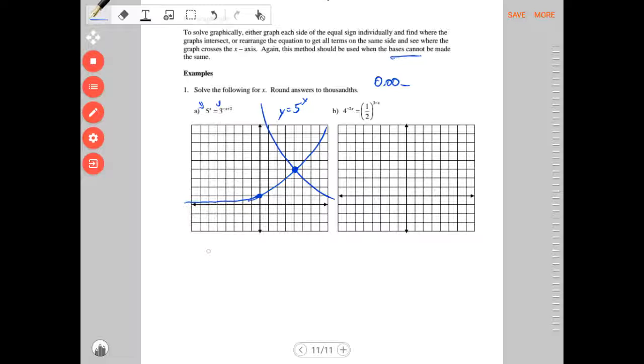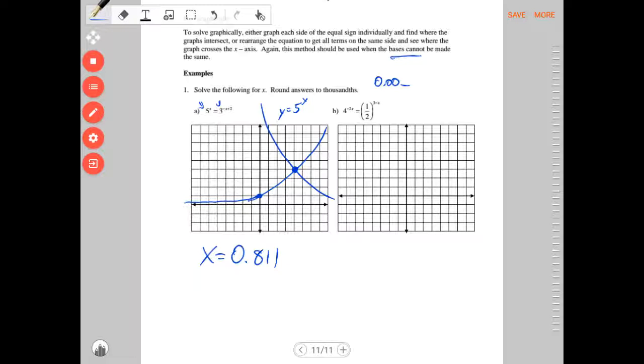So you find the intersection, and it works out to 0.811 to 3 decimal places. So there you have it. Just graph both sides, find the intersection. Done. Now, we put part b on because, look, 4 is a power of 4, and 2 can also be a power of 4. So this does work even if they are